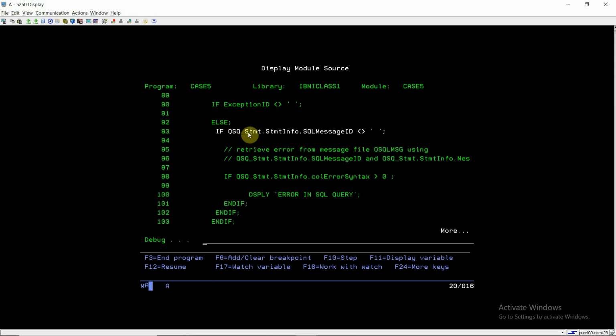If QSQ_statement.statement_info.SQL_message_ID. So this is the subfield of this DS, and this DS is the subfield of this DS. So the SQL message ID is SQL 0104. Now based on this SQL message ID and the data which is in QSQ_statement.stmt_info.replacement message data, we can retrieve the more useful message from the QSQL message